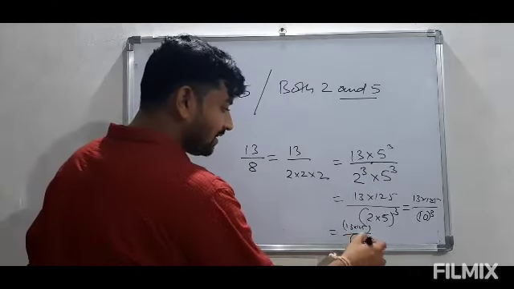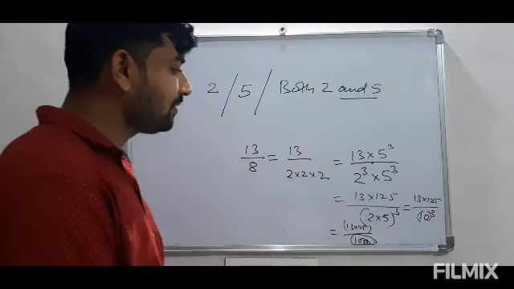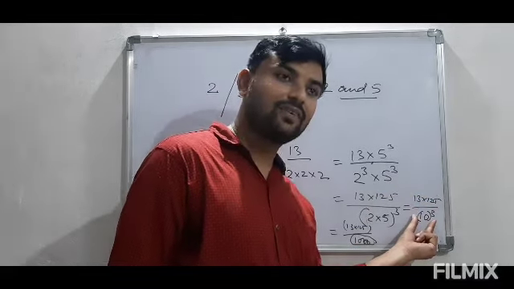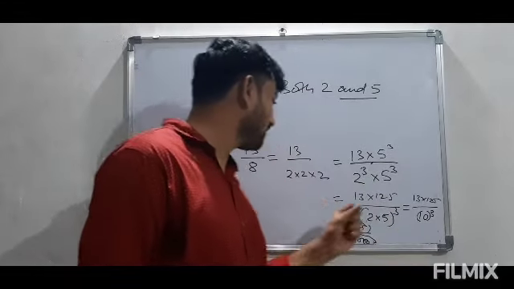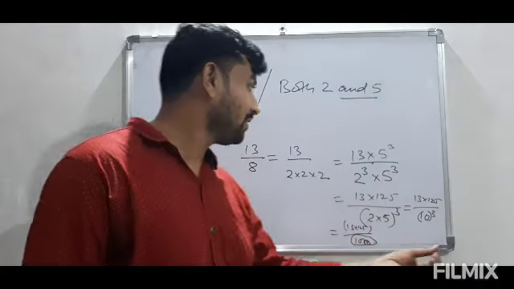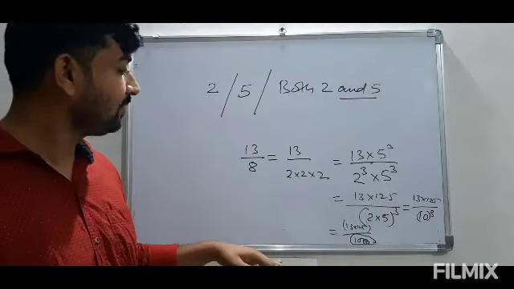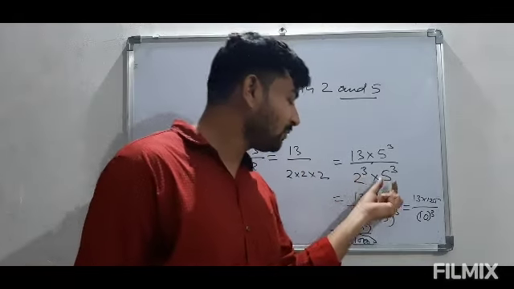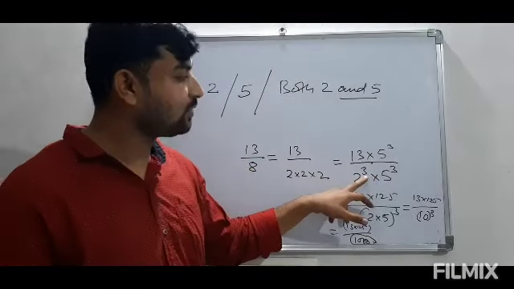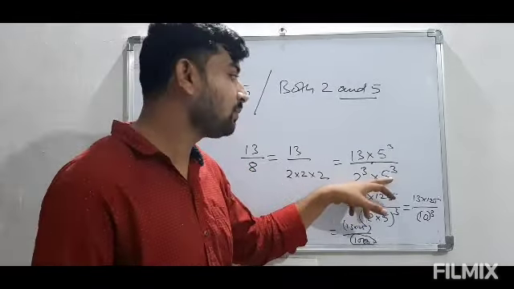So in denominator there is 10 power 3, means whatever number we will get in this multiplication, it will have 3 decimal places. So we can say for this rational number 13 upon 8, it will terminate after 3 digits. So how did we do it without division? We calculated the factors of the denominator, that is 2 power 3. Now we need 10 in the denominator, so we have to multiply with 5 to make it 10, as in 10 there are only two factors, 2 and 5. So here it was power 3, so we have to multiply by power 3 only.